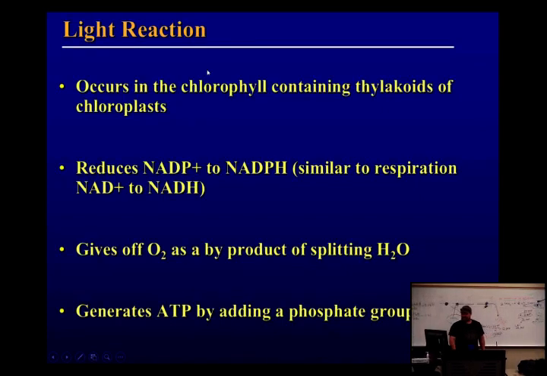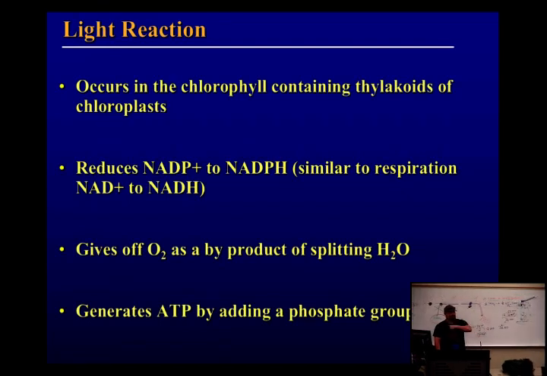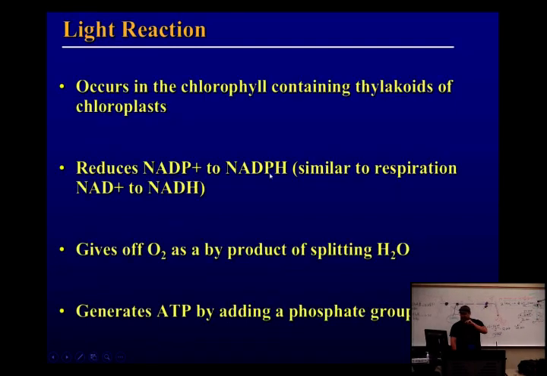All right, so the light reaction occurs in the thylakoids, right? In the chlorophyll, the magnesium molecules actually react here. Reduces, what does that word mean? Right, so something that reduces is taking on the electron, right? So it reduces NADP plus to NADPH, which is just the same as NADH, except it has, what's the P stand for, you think? Has a phosphate on it, good. Produces oxygen as a byproduct of splitting water.